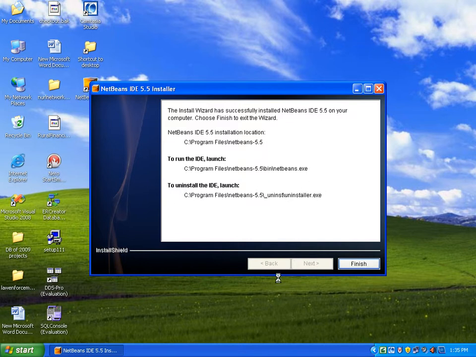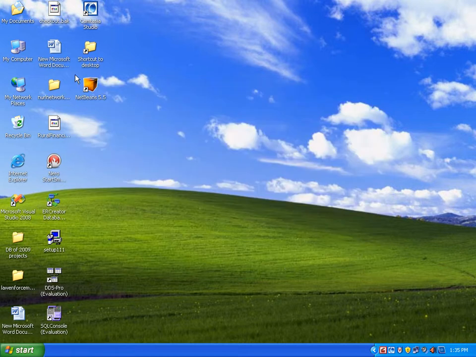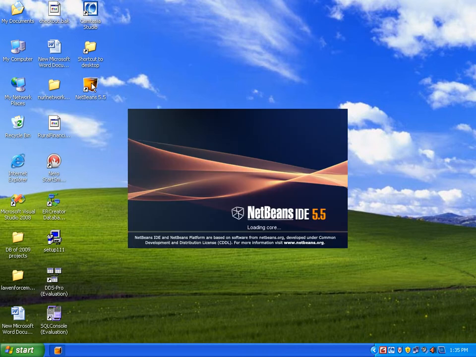Okay, our installation is completed. Simply you click finish button. See, we got an icon here. Once you click this icon, automatically you can open NetBeans IDE and you can do whatever work you want. See, it is loading all the files. It is a status bar which indicates loading of files. See, reading modules storage, turning on modules.